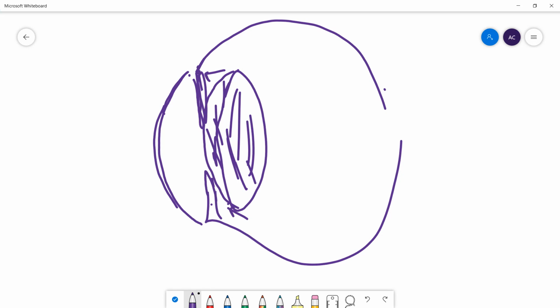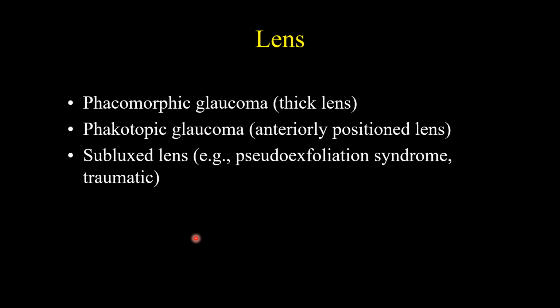Or if its zonules are broken and it goes into the anterior chamber, or it blocks the pupil. So it can push, why? When lenses become thick, I'll show you. The lens becomes thick in phacomorphic. Morphic structure, phaco means lens. It is in the initial stages of cataract formation, and sometimes in the intermittent stage of cataract formation, there is thickening